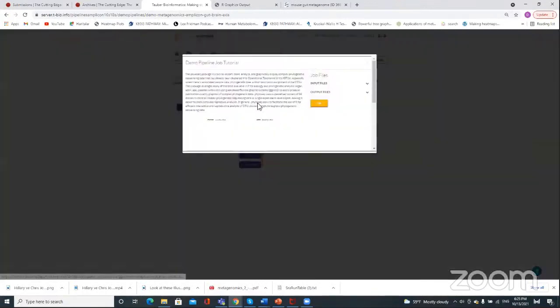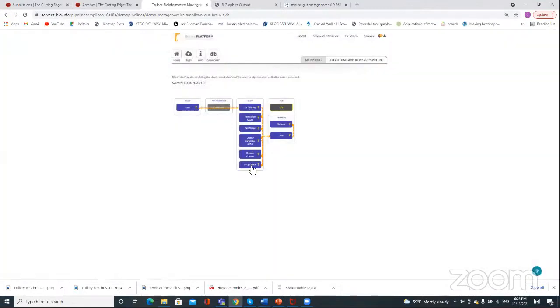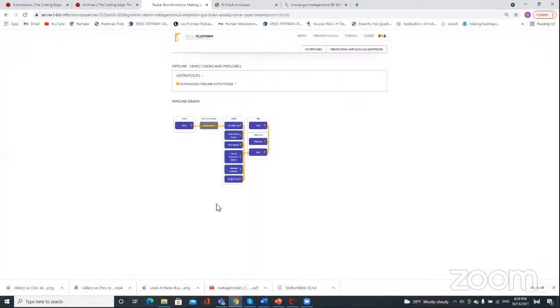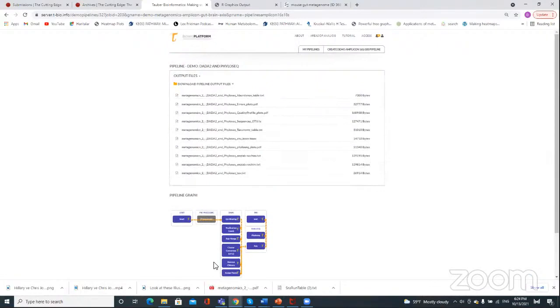And what is great is the Data2 pipeline here and the phyloseq pipeline, you can run them both together at the same time. And then here you can see, I will pick this one, the Data2 and phyloseq plots PDF. And if you go there,